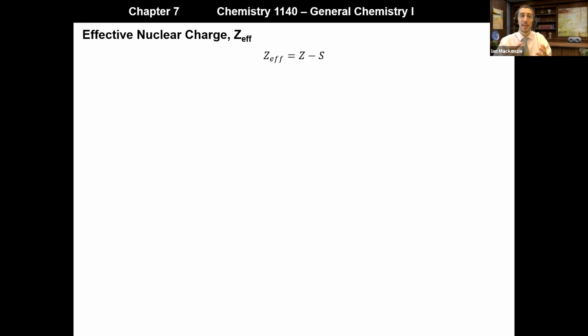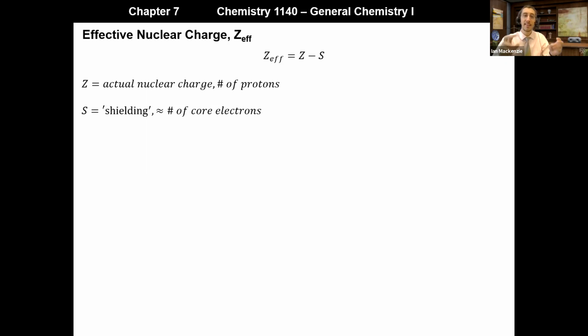And we describe that in this equation here, where the effective nuclear charge is described as Z effective equals Z minus S, where Z is the actual nuclear charge. It's simply the number of protons in the nucleus. And S is the shielding factor, and it's very approximately equal to the number of core electrons. Now, there are more detailed equations, and there's quite a bit of study on being able to measure the actual value of S. But for our purposes, for this class, we can simply approximate S as being equal to the